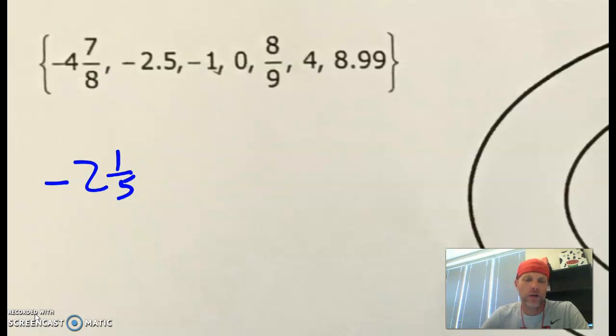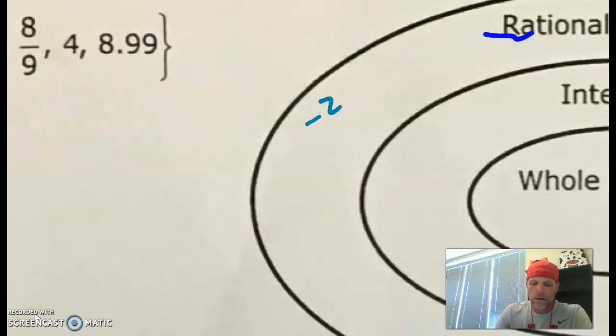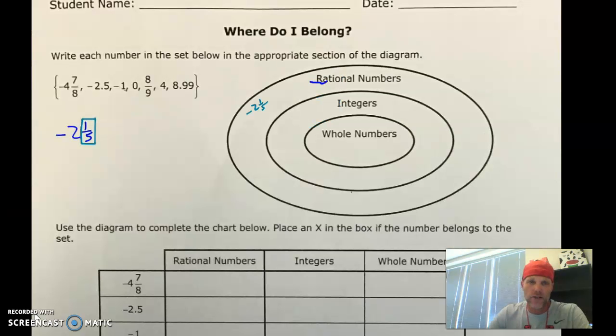What is it? What changes that? The remainder. 1/5 is a remainder. And if it's a remainder, it means it is rational. -2 and 1/5 is rational. It's not an integer, right? Because it has a remainder. Then let's do